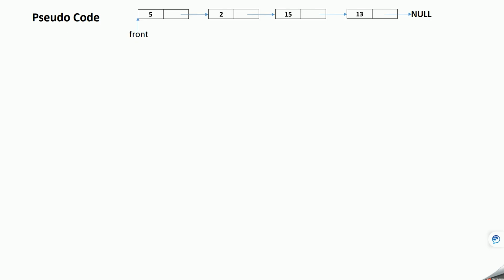Initially we are given a linked list like this and we have to delete this node. To do that, we have to travel till here. But because our front node is pointing at the beginning, we have to travel from this node to this node, then this node to this node, then this node to this node. To do that, let's see,